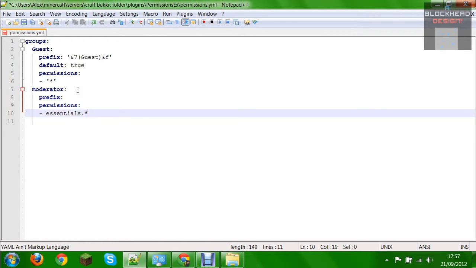If you've got a plugin that you don't want anyone to use, just leave it blank. Don't even mention that plugin in this permissions section. It won't let them use it if it's not in here. Just don't type anything about the plugin in here, or it will prevent them from using it. So the only command I can use is essentials.star. So if we save this,